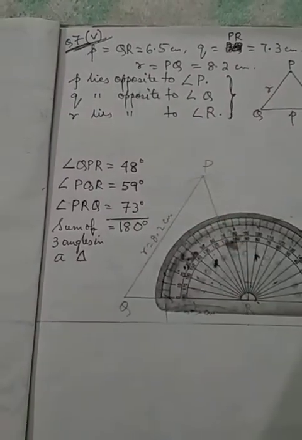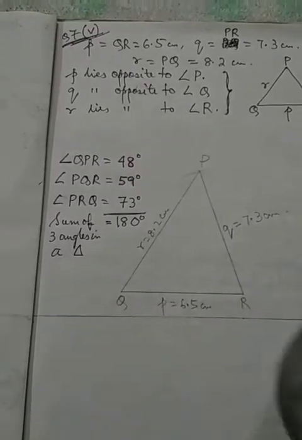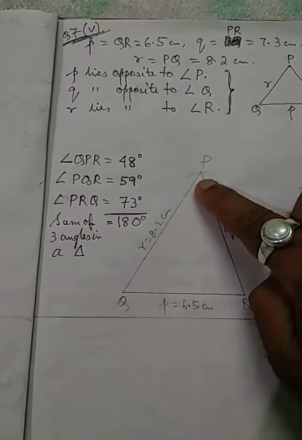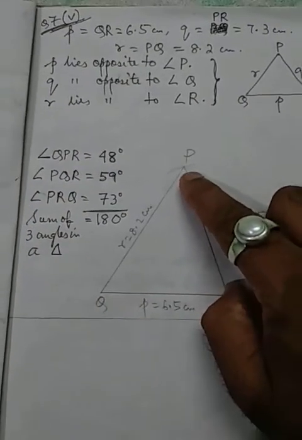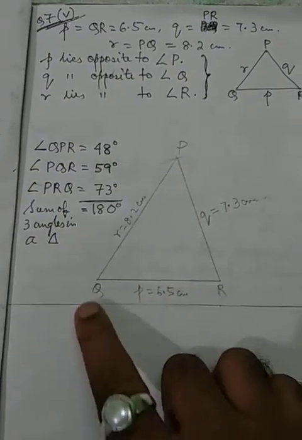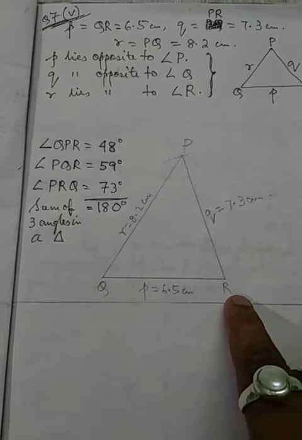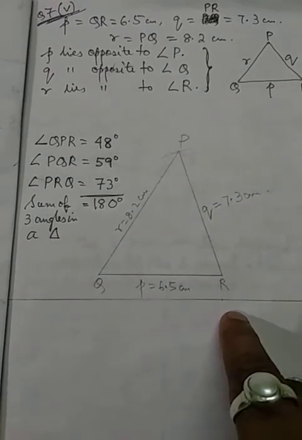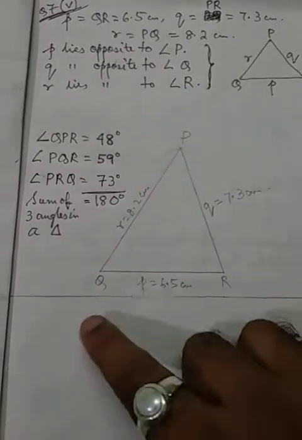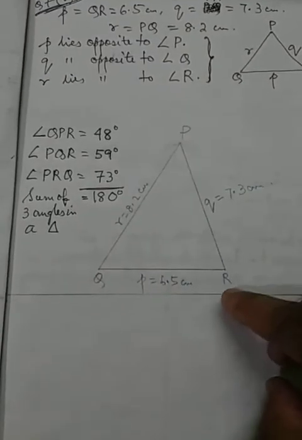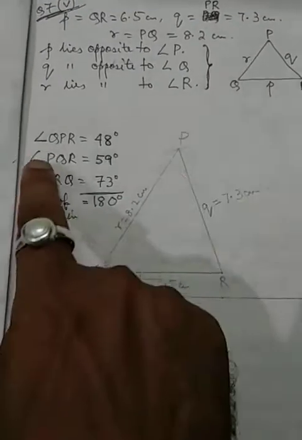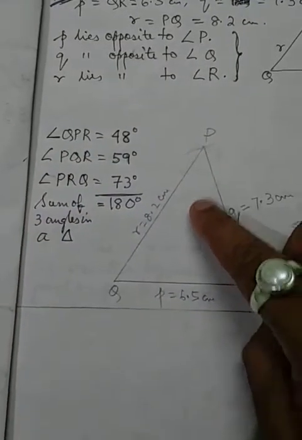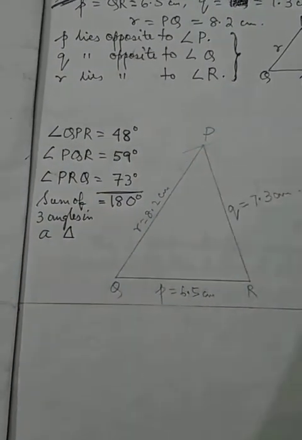So it is coming as 73 degrees. Now the third angle left is P, because I told you the angle letter has to be in the center, and Q and R can be written in any order. So this angle can be named QPR or RPQ also. I have taken it as QPR. Now there are two ways in which angle P can be measured.